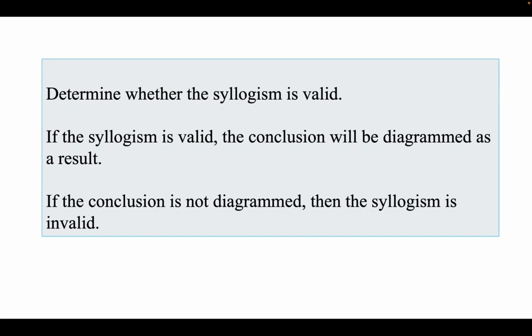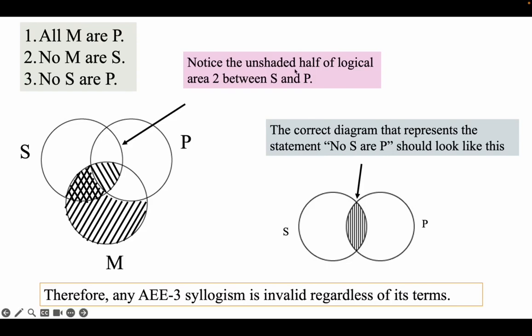So if the conclusion shows up as a result, then the diagram, well, the syllogism is valid. But if the conclusion is not diagrammed as a result, then the syllogism is invalid. So let's see. Notice that the unshaded half of logical area 2 is between S and P. But that's exactly what we need to be shaded, because remember that the correct conclusion will be diagrammed